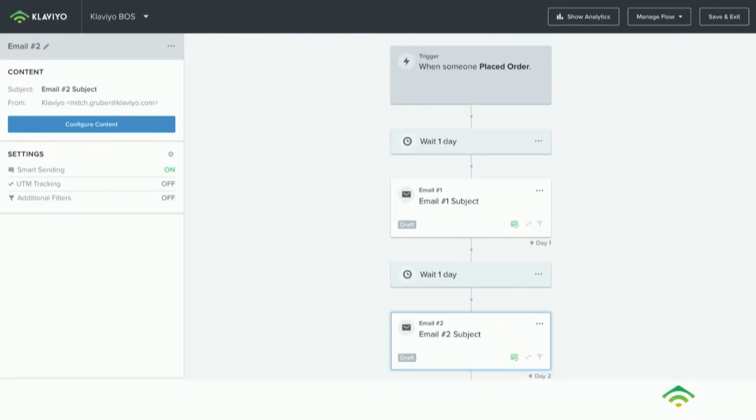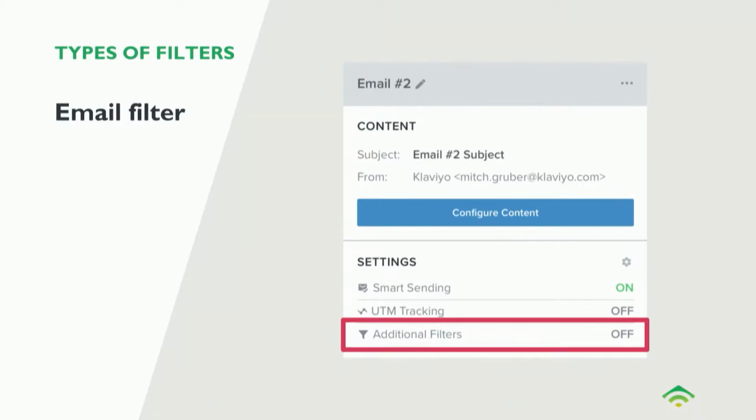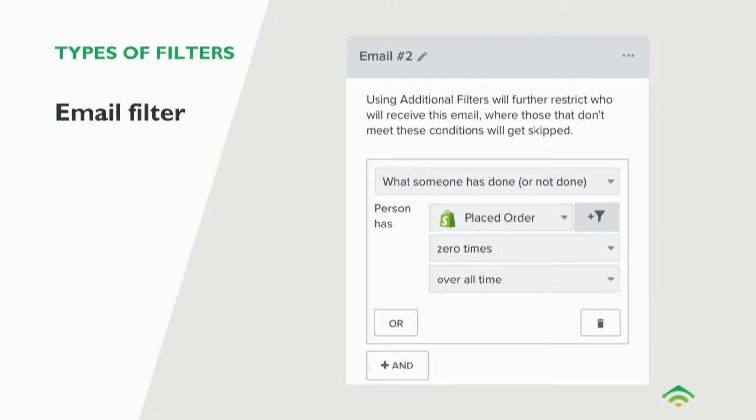If we take a look at an additional filter, an email filter within Klaviyo, again, that's narrowing the scope for a particular email within a flow. We're going to find this by clicking on the actual email itself, and we'll find on the left-hand side here this additional filter. A really great example of a reason that you would do something like this is think about